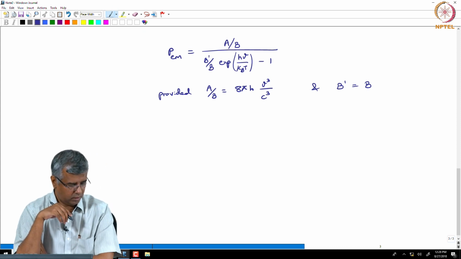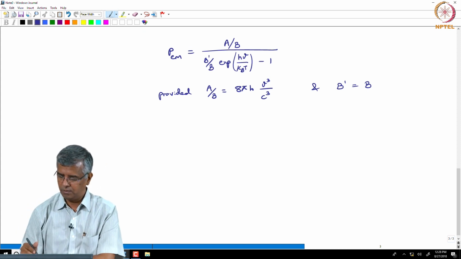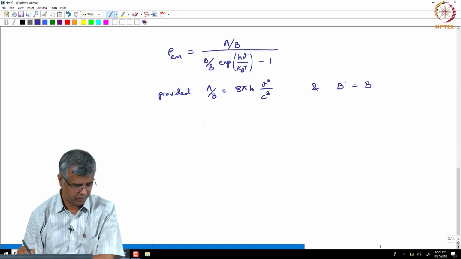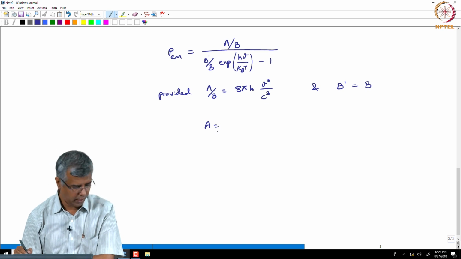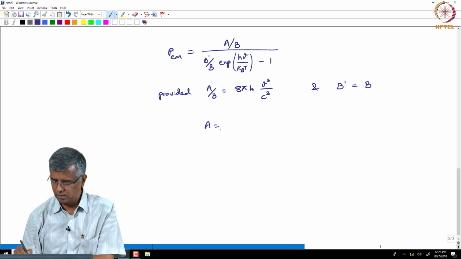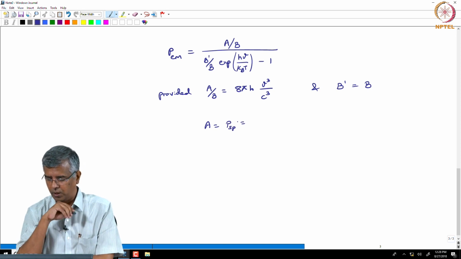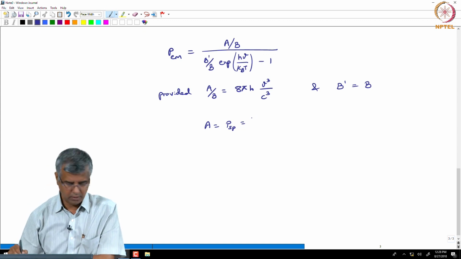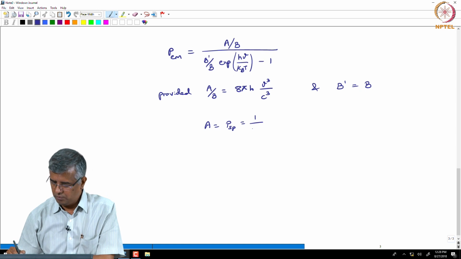And further, what he was observing was that this constant A is actually providing the probability density of spontaneous emission, and that is actually inversely proportional to